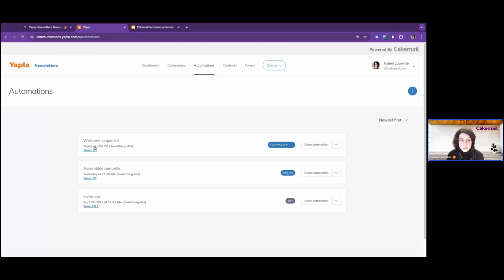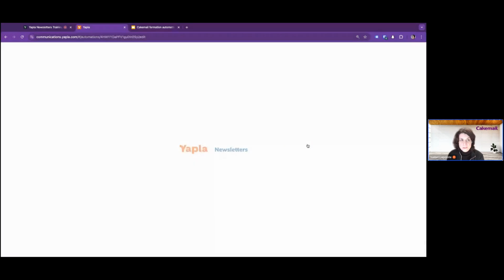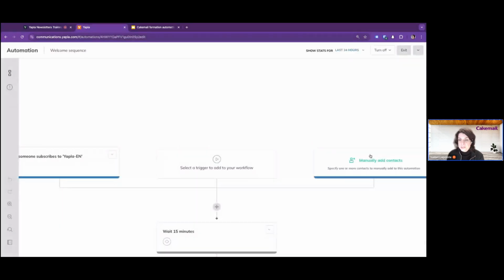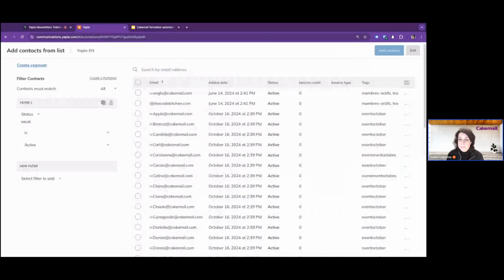And this automation will be placed here. This is turning on again, as you see. This one is active and this one is off, meaning that if people are entering the list, they won't receive that. Here, this list is active. If people are entering the list, they will receive this. And then I'm opening an automation. And you see, I can, if I want to, for example, email all my members or part of my members,